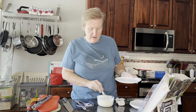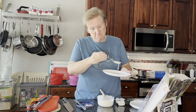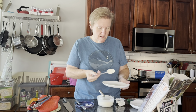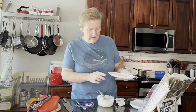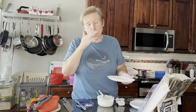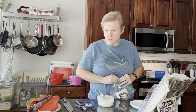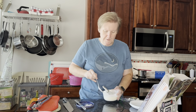I'm going to test to see how it does on this plate. Not too bad. We're going to call that good. I just don't want it to be too goat cheesy, if you know what I'm saying. It's still very gingery. I feel like the ginger has gotten more pronounced. Anyway, I feel like maybe I should have used a food processor. Maybe that would have helped. Maybe the Ninja